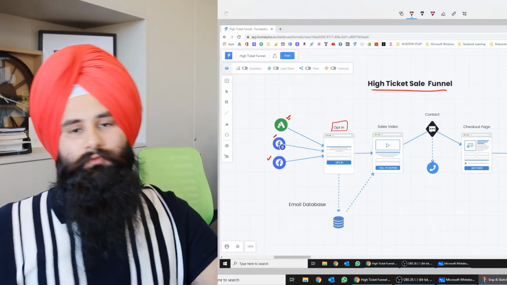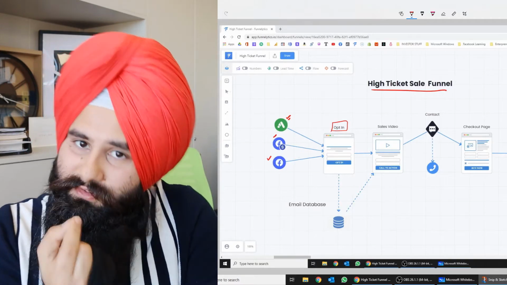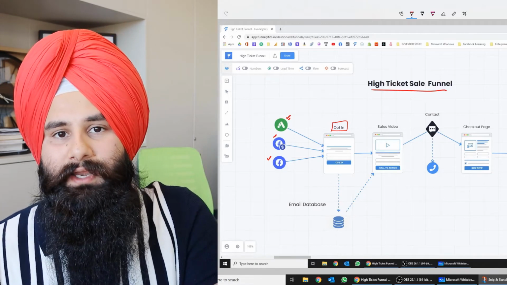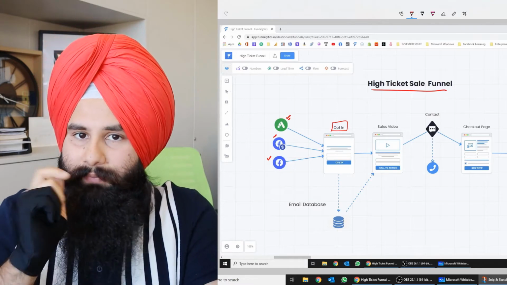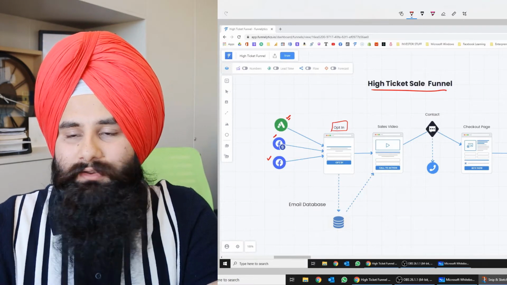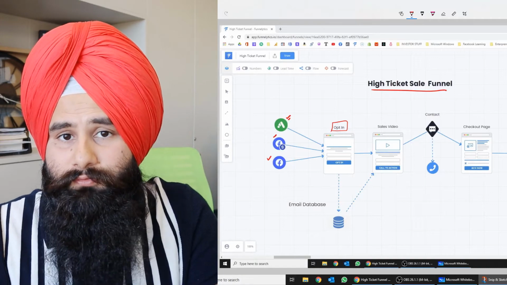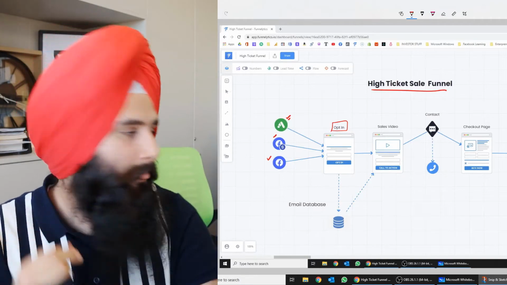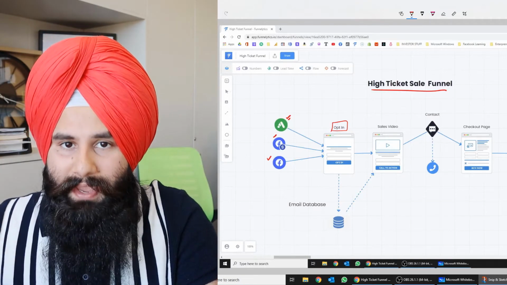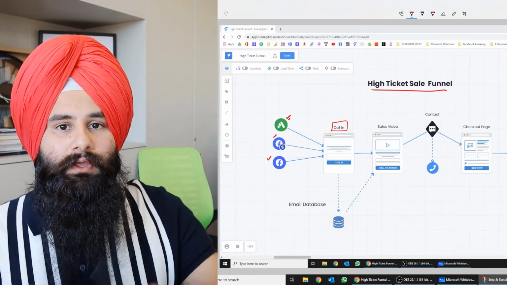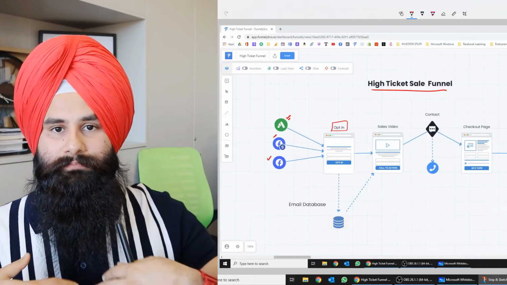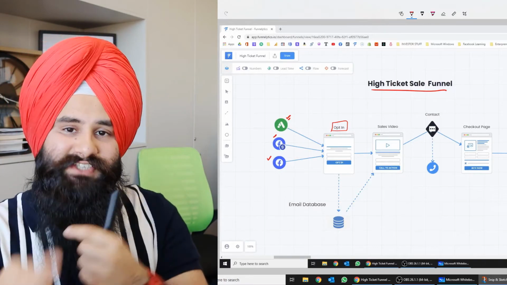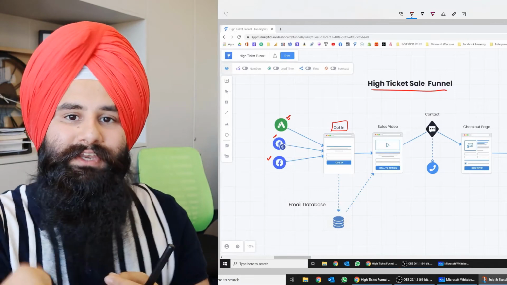Now what will the opt-in form do? Always, and this is part of human psychology as well, we offer something free, and in marketing we call it a bait. We put a bait for the visitor. For example, if they're looking for Facebook, we offer a free Facebook cheat sheet that is really helpful for them. Once they come on that page through the advertising, we ask for their email. We say, just put your email in exchange, and I will send you my free cheat sheet.